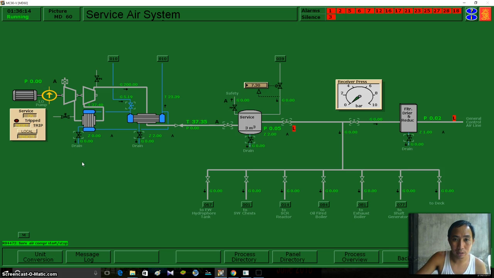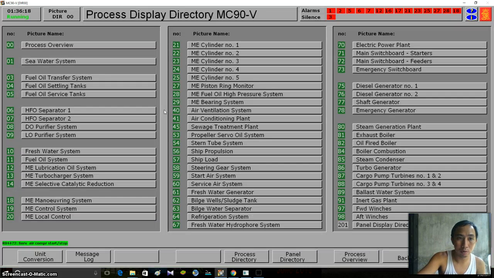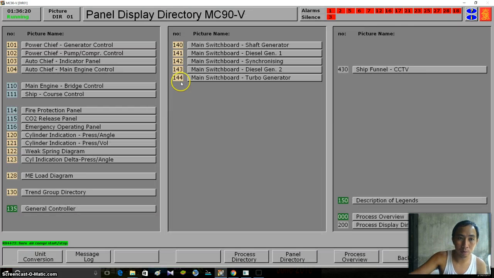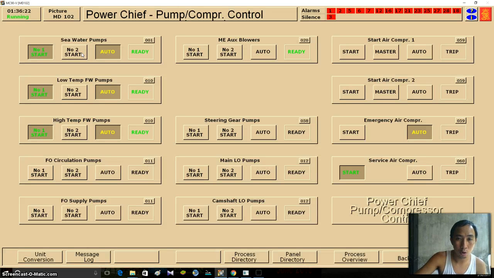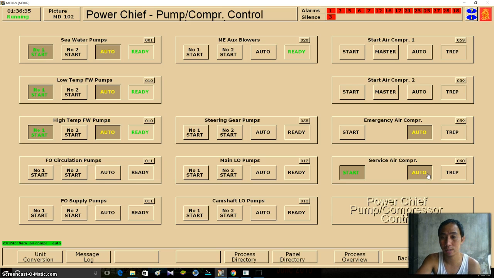So once we started our service air compressor, we will be going to our pump controller, home, page down, and we're going to put our service air compressor into automatic so that it will stop automatically when the pressure reaches its set point.